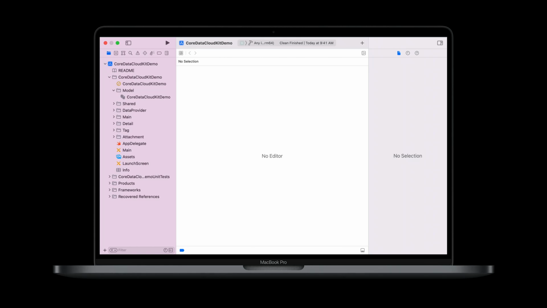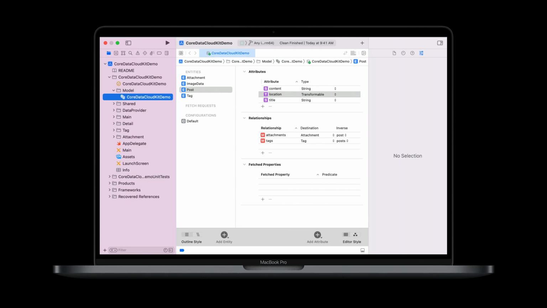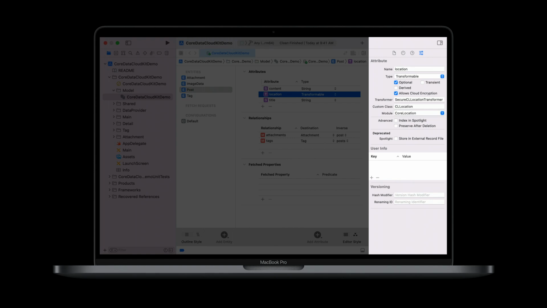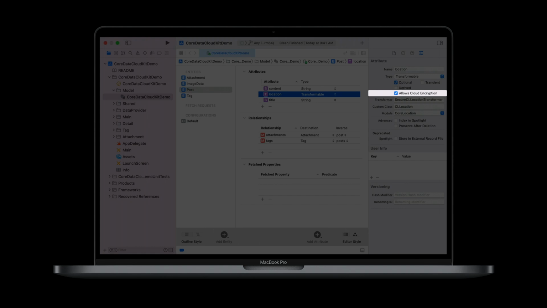Here in Xcode, I've opened our sample application, syncing a Core Data store with the cloud. I'll open the Core Data CloudKit Demo managed object model, and there's a specific property on the post entity I want to show you called location. If I select the location attribute, I can see its configuration in the Data Model Inspector on the right. I've configured it to be an optional transformable attribute and checked this new Allows Cloud Encryption checkbox. This new checkbox tells NSPersistentCloudKitContainer that the value for this attribute should be stored in the encrypted values payload of